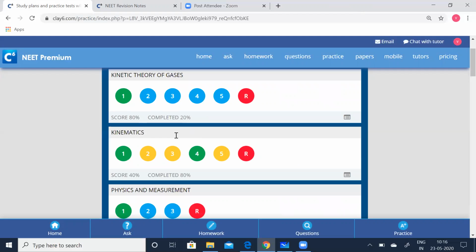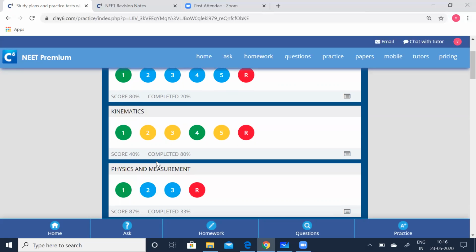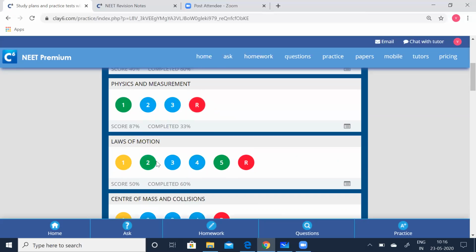We have done it chapter wise. The blue bubble says you have not taken the test. The green says you have attempted the test. Even if you have attempted it, you can do it any number of times until you are satisfied with your result. And there is the random test which you can take. The yellow bubble says it is an incomplete test, so you can complete it afterwards, anytime.